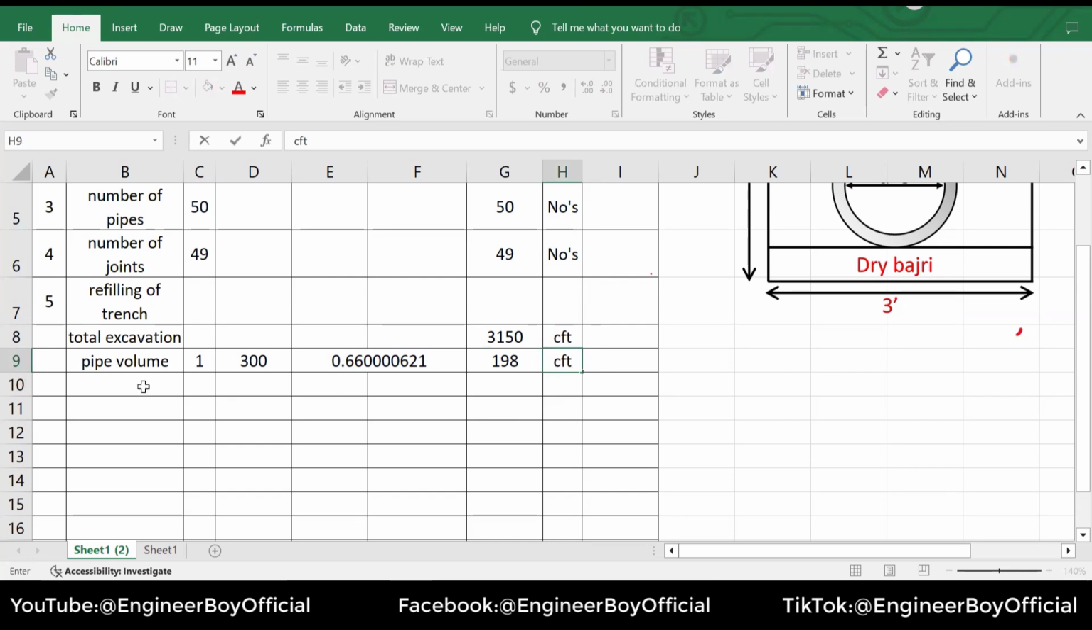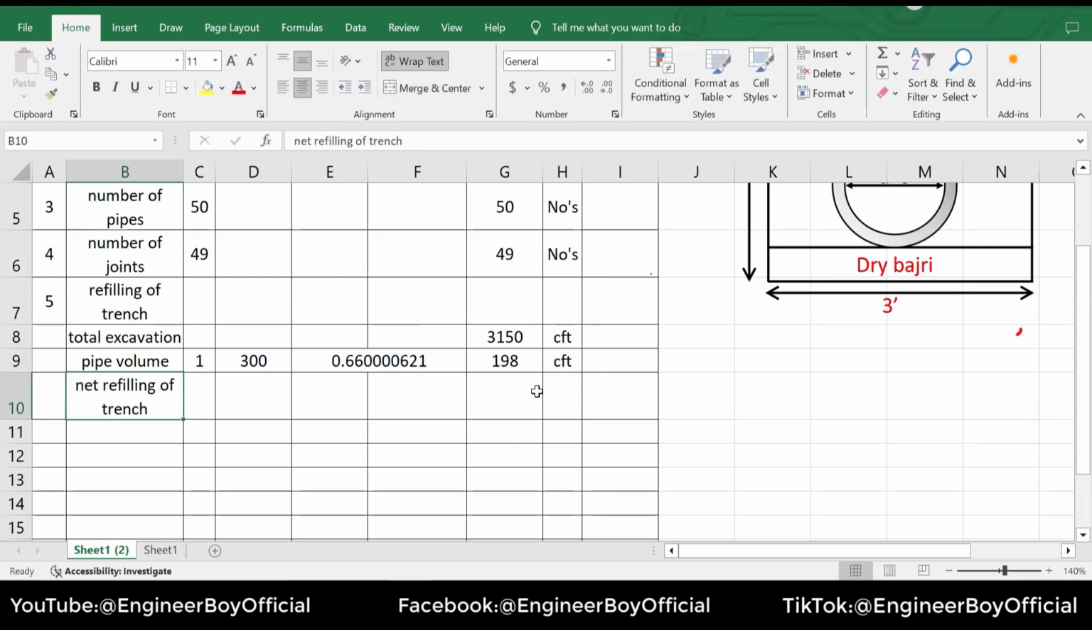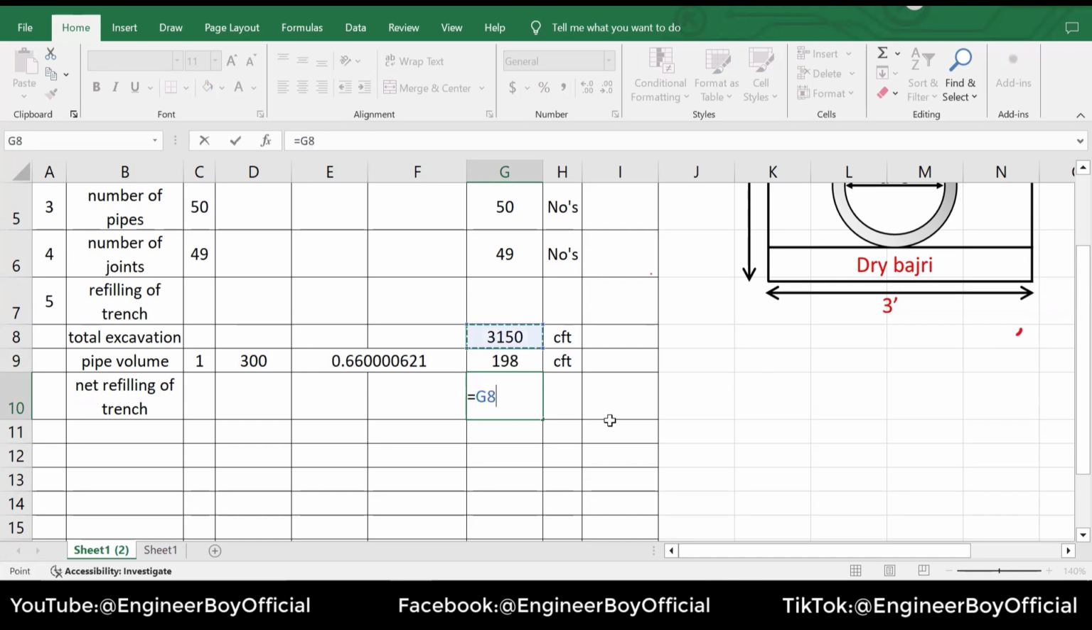Now, if you see the refilling, the net refilling can be determined. Very simple. What I have to do is put a formula over here, and I'm going to subtract the pipe volume from the total excavation. This is the total excavation. We will subtract the pipe's volume and press enter. So we have something like